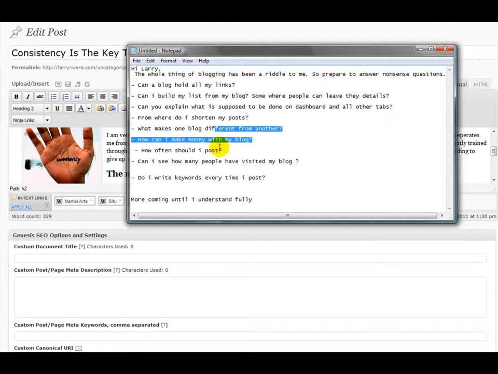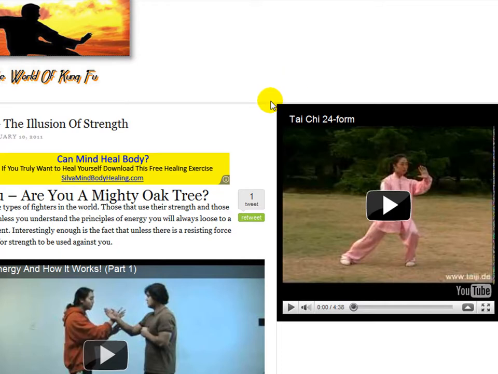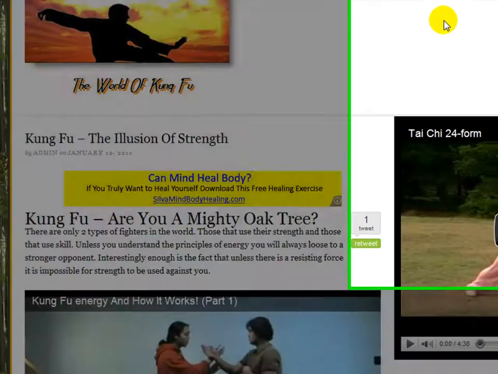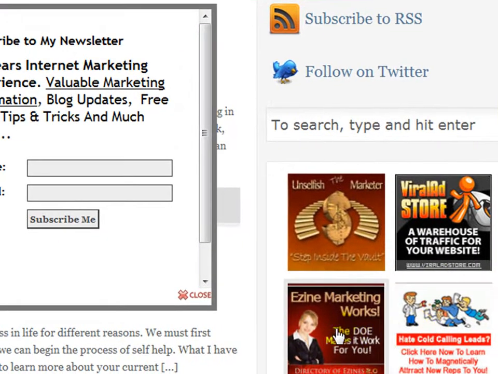How can I make money with my blog? Isn't that the $1 million question? On this blog, all I have here is AdSense. I'm not really trying to monetize this blog, but I monetize a little bit through contextual ads. Say like this blog, for example, these are little banner ads where I earn a commission if somebody clicks on